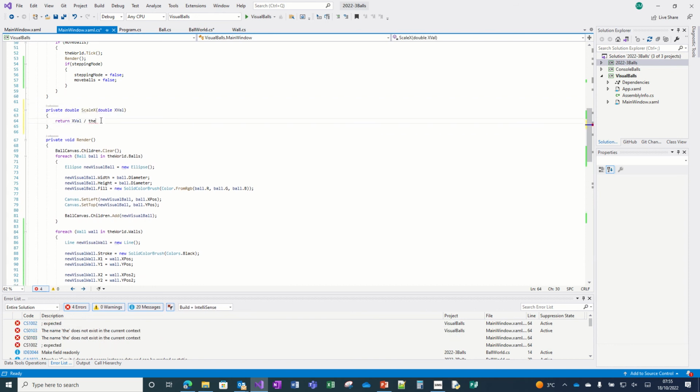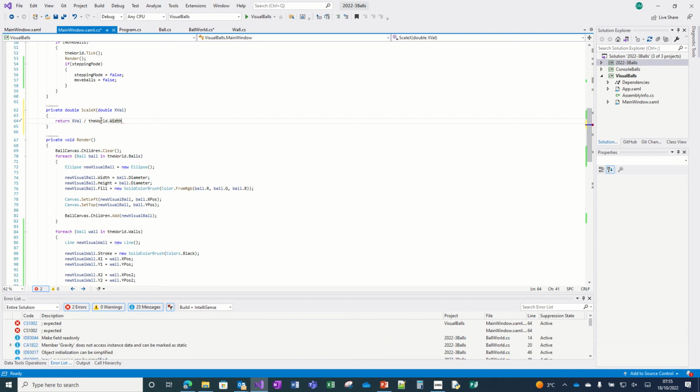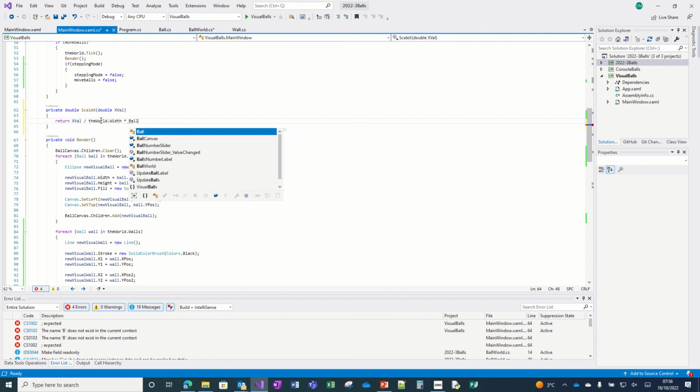Okay, and I'm going to divide that by the world dot width. That's going to give me a scaling, a fractional value between 0 and 1 of how much of the world's width I have in this. And then I am going to multiply that by the width of my canvas. So ball canvas